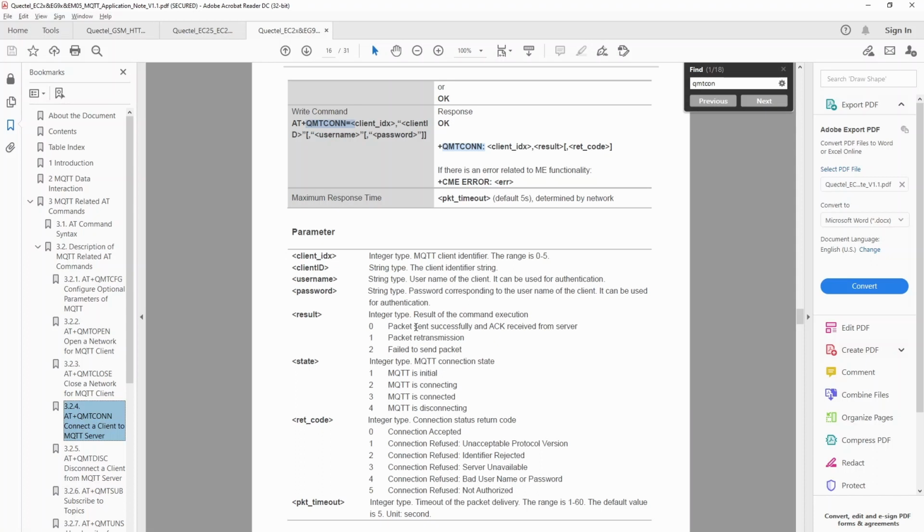Basically you can have multiple clients, so I think this supports up till 5 clients. So I'm only using client 0 for this example. Suppose you want client 1 to connect to another server, you can do that using this. And then a result 0, packets successfully sent, acknowledgement received from the server,